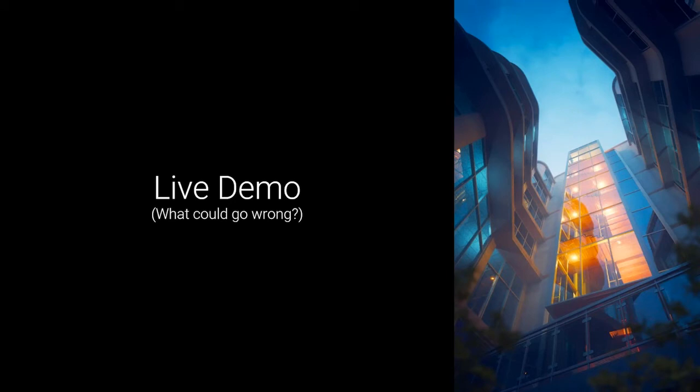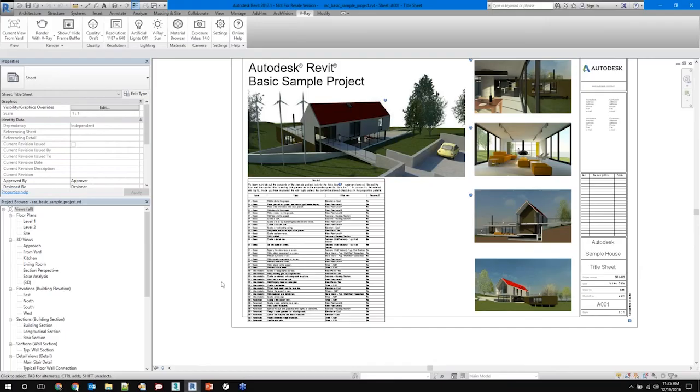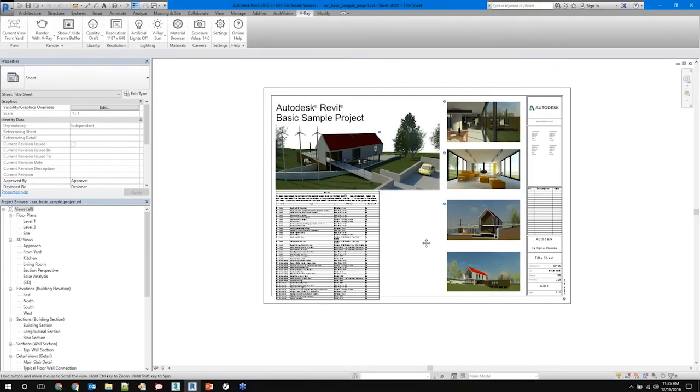So this is the portion where we switch into live demo mode, and I always preface this by saying what could possibly go wrong? Well, when we're doing live demos with GoToWebinar, there's always the possibility that things could end up crashing or becoming problematic. So bear with me if it does. I'll come back to it. But for now, I'd like to at least show you a bit of the product